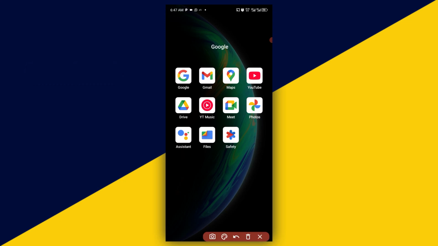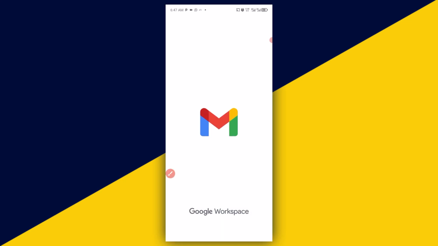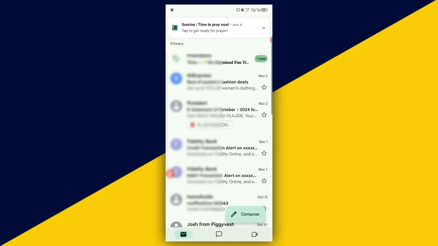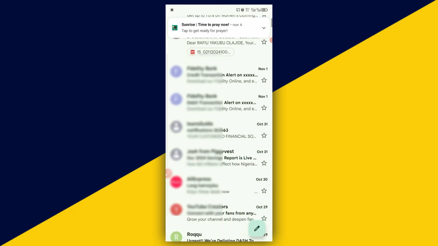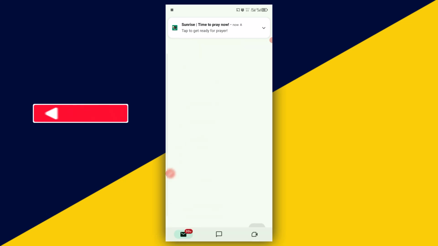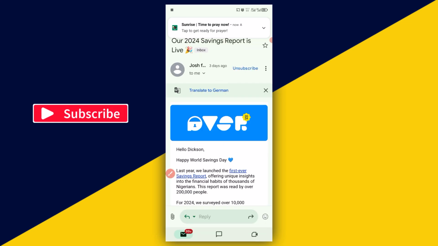So the very first thing you want to do is to open up your Gmail app. So I'm going to click on here, open my Gmail app, just like so. After you open up your Gmail app, it loads up like so. Next thing you need to do is to simply select a particular mail that you want to translate to any language. Let's, for instance, I want to translate this particular mail right here. This mail here, what you need to do is to simply click on the mail, and the mail here is